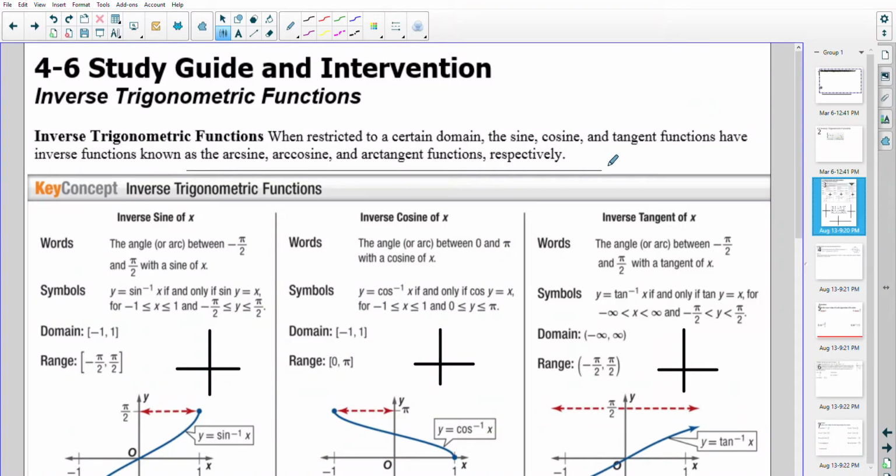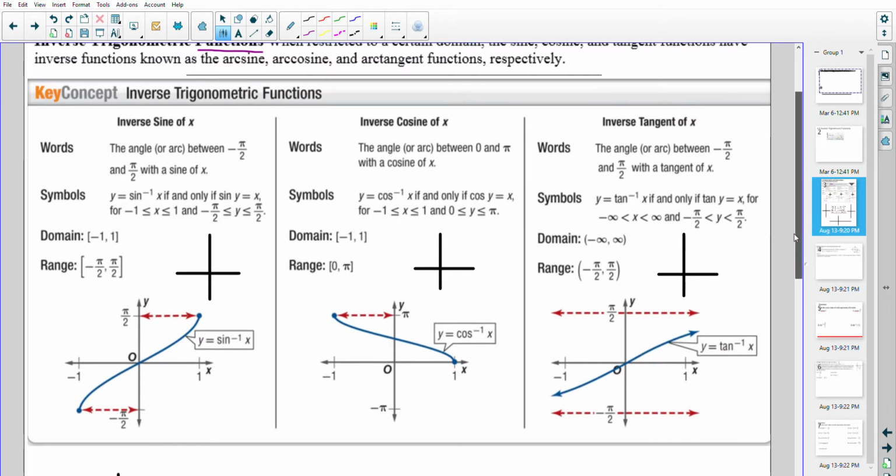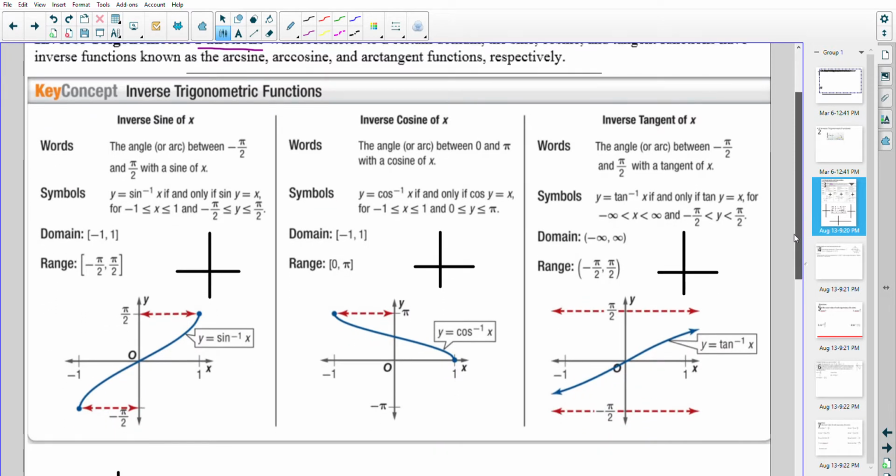Looking at graphing the inverse trig functions, it's important to note that if it is a function, that means for each x it has to have exactly one y. And these trig functions can have inverses if you stop the graph of the function so that each x has exactly one y. I'm going to show you the graphs first and then later develop them for the sine, cosine, and tangent inverse